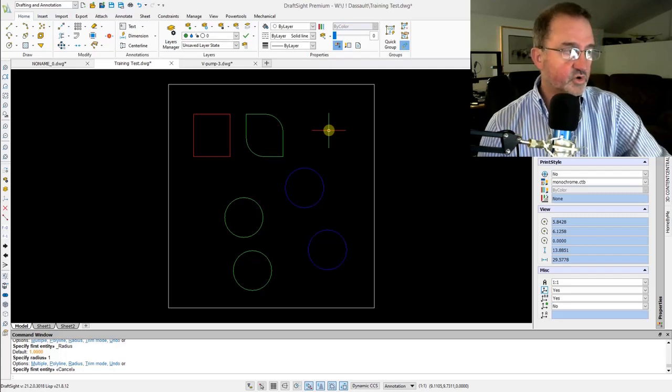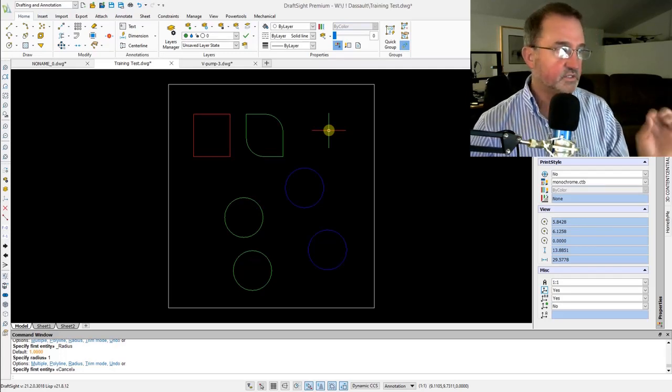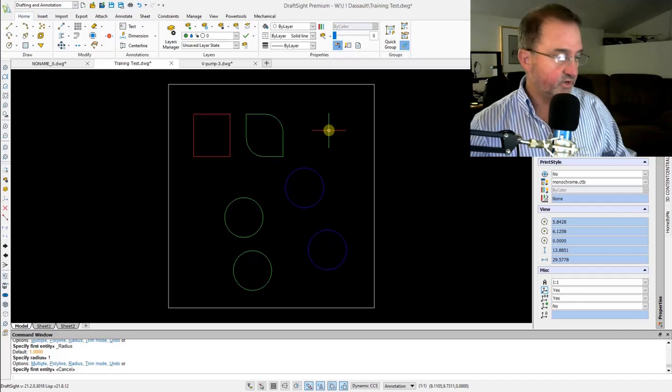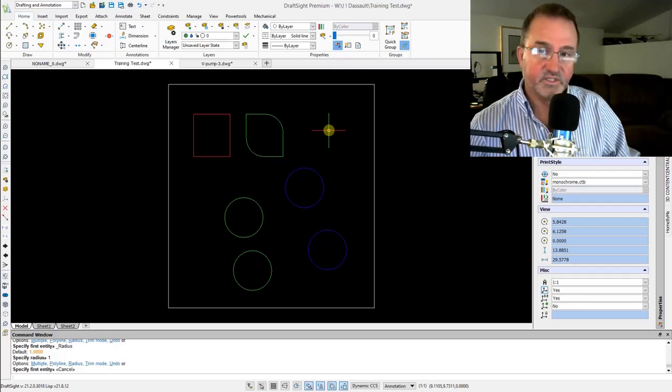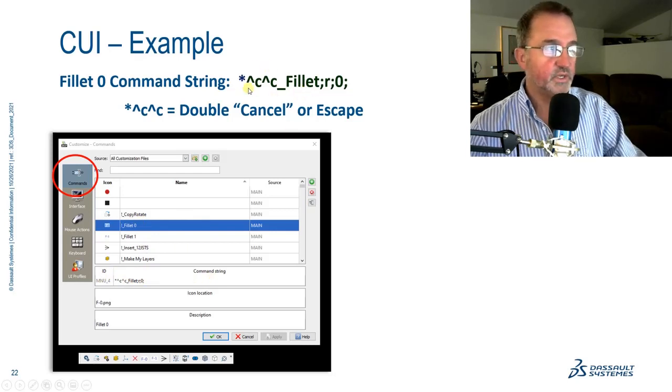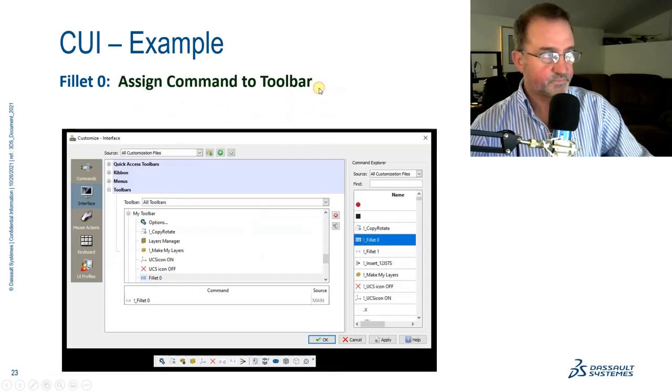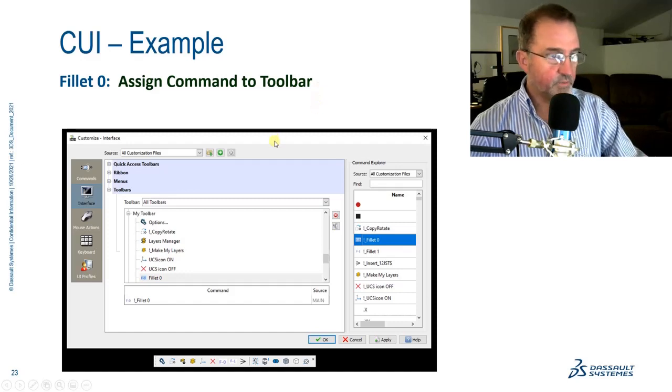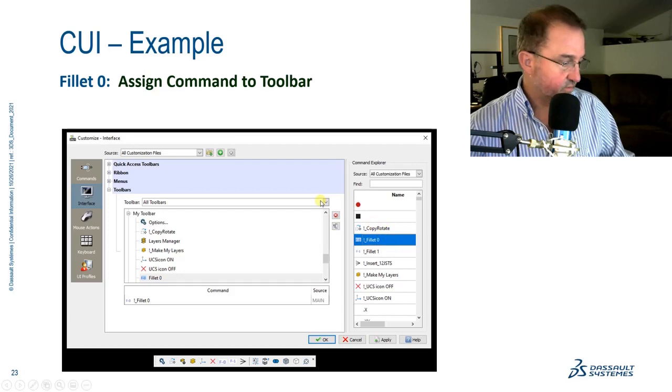So it's a very short, easy way to create simple macros that streamline your process or your everyday things that you're doing over and over and over again. So again, we do this in the command section. We can put our information in here, and here's a little bit easier to read, probably, the sequence of events. Now the double C is the same as hitting escape on the keyboard. Now we can do a couple other things. Once we assign that to the keyboard, we simply drag it over, and oh, I did not show that,